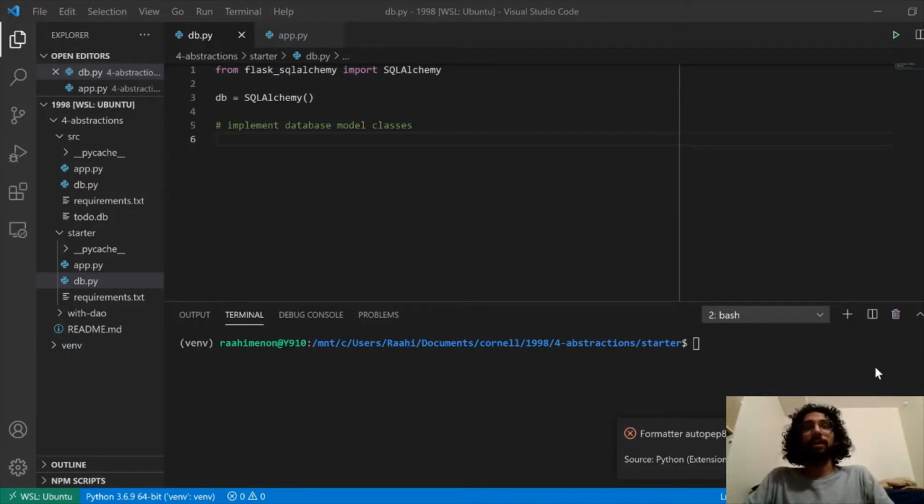Today we're going to be talking about abstractions. Specifically, we're going to be using this thing called SQLAlchemy, which is this cool Python abstraction for all the SQL